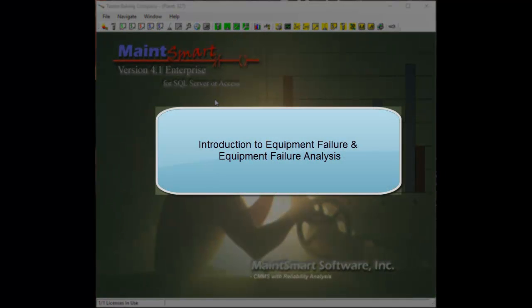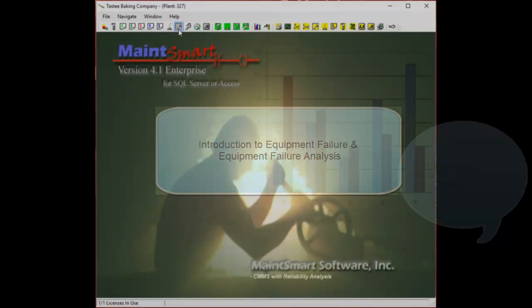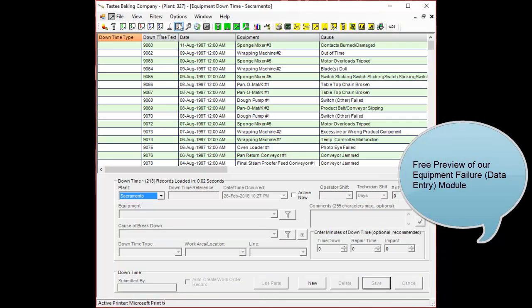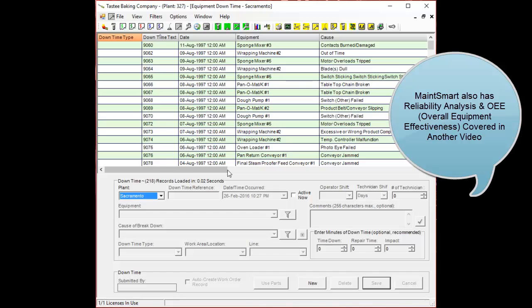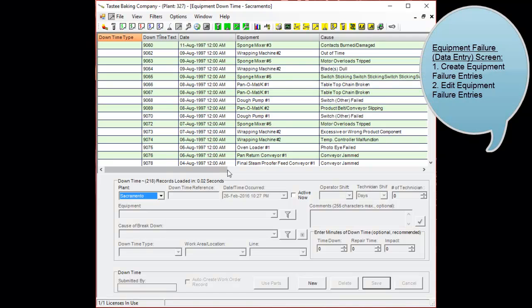One of MainSmart's 4 modules is Equipment Failure and Equipment Failure Analysis. MainSmart also has Reliability Analysis and OEE, which is Overall Equipment Effectiveness, but that will be available and covered in a separate video. In the Equipment Failure screen, which is the main data entry section, you can create new equipment